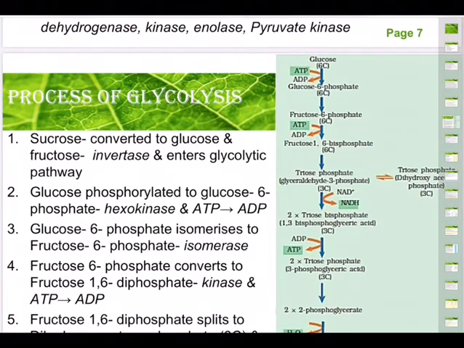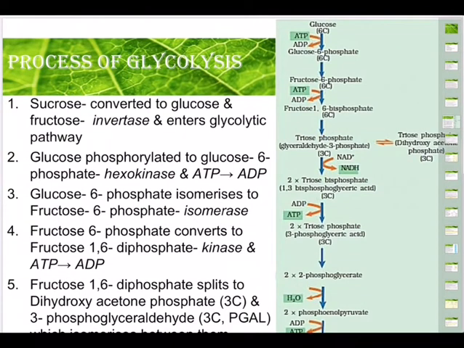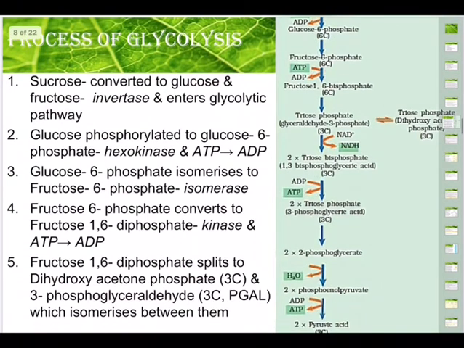Glucose 6-phosphate becomes fructose 6-phosphate, and the enzyme involved is isomerase. Fructose 6-phosphate becomes fructose 1,6-bisphosphate. Again, one more molecule of ATP is spent. ATP is getting converted to ADP, and the enzyme involved is kinase. And then fructose 1,6-bisphosphate is becoming